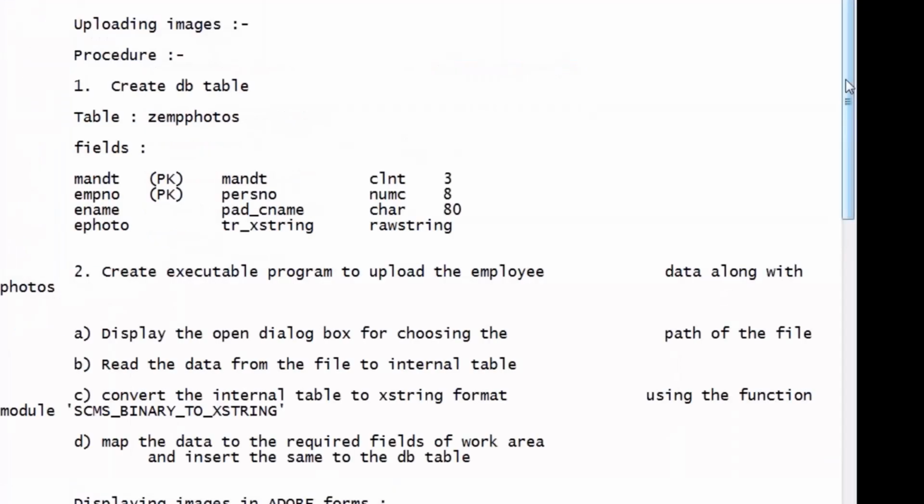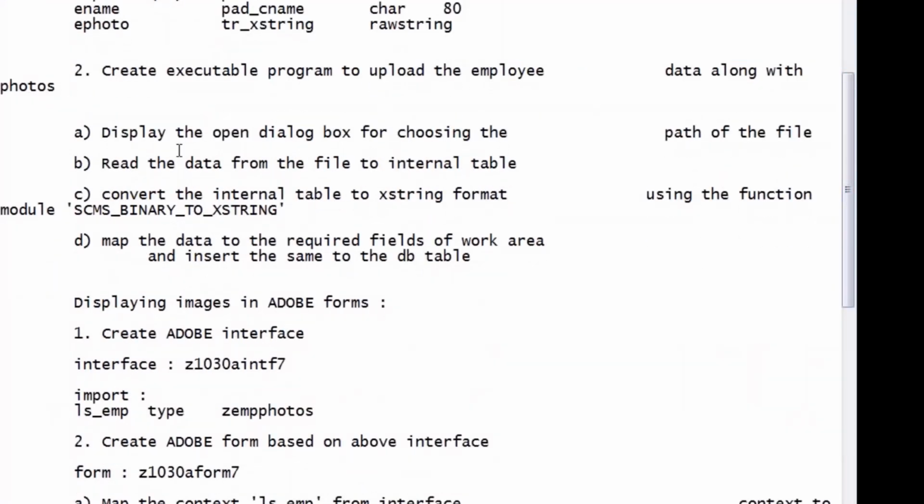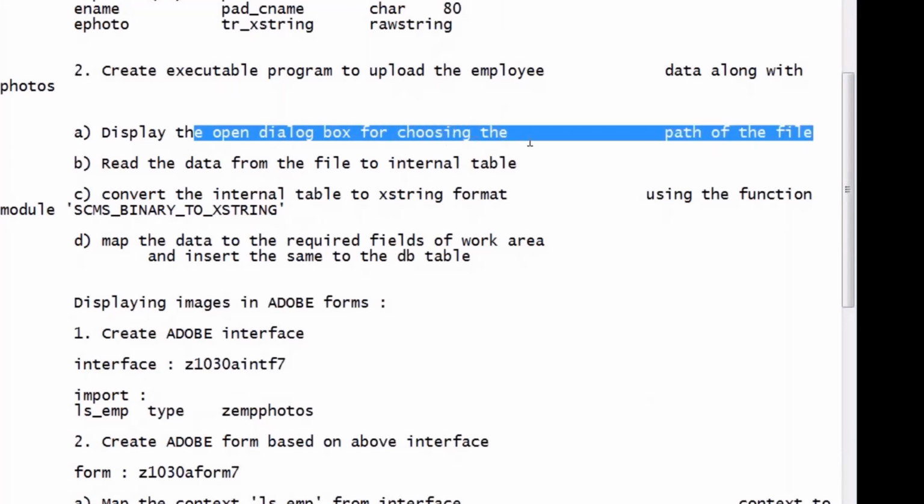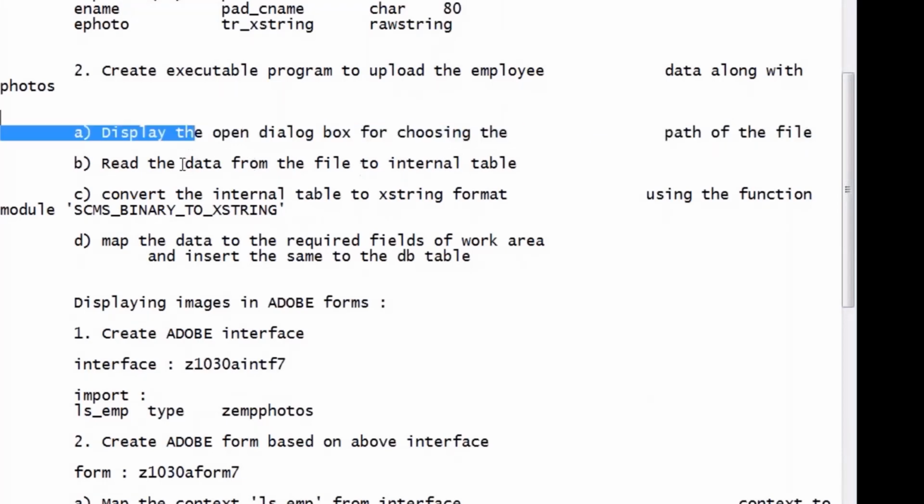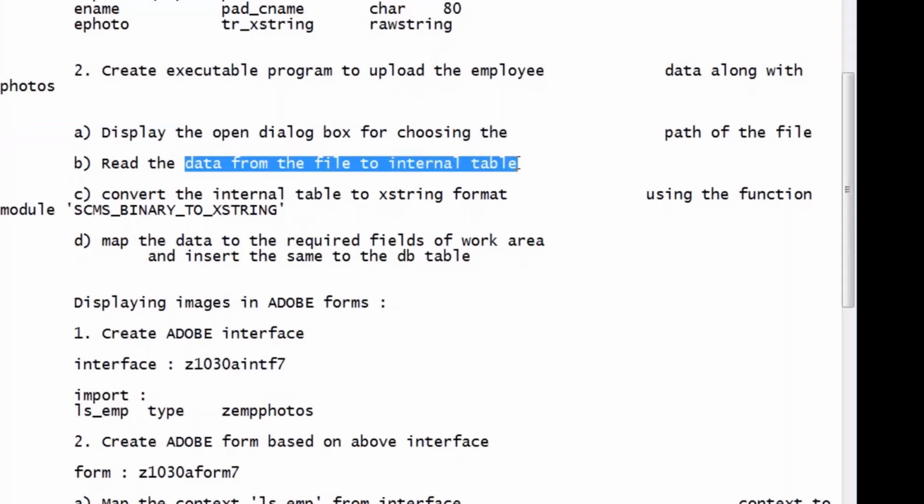Let me check what is the procedure we are following. Yeah, see the procedure here. Display the open dialog box for choosing the path of the file. Then read the data from file to internal table. Convert the internal table to string format using the function module binary to string. Correct or not?